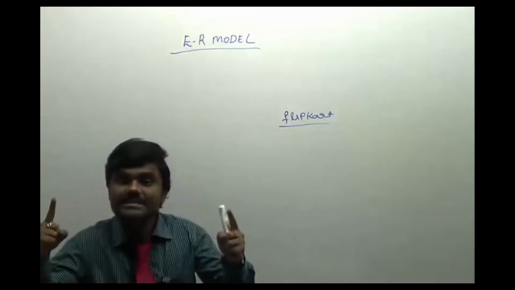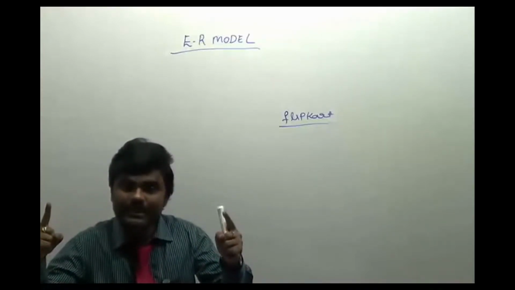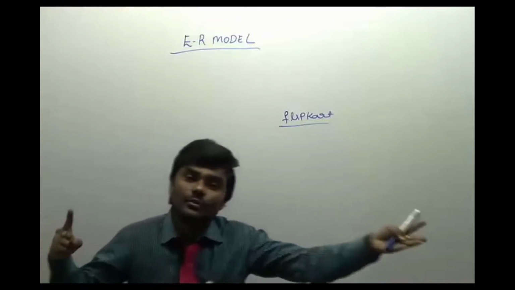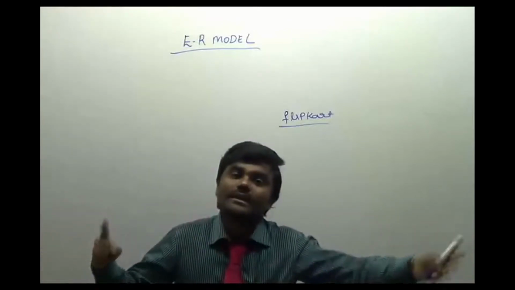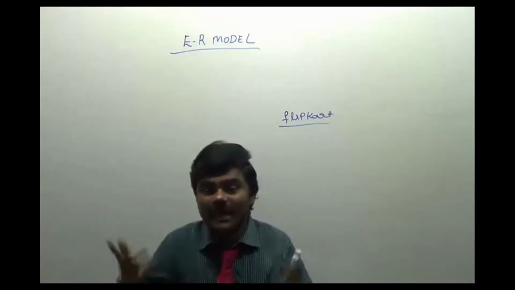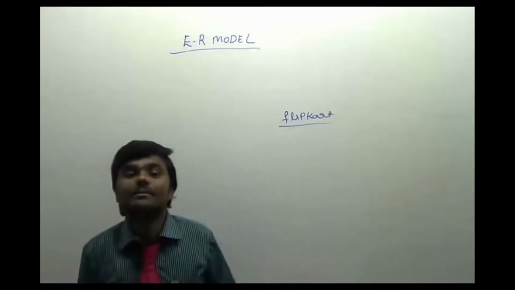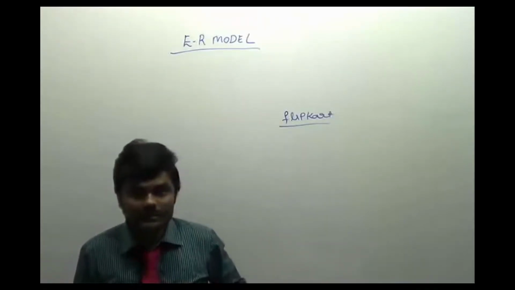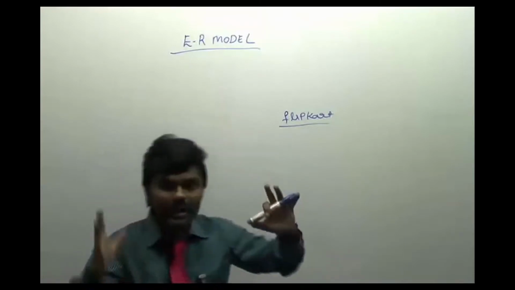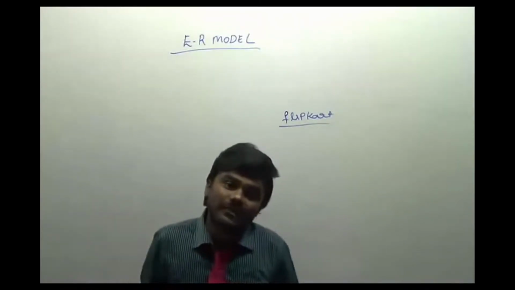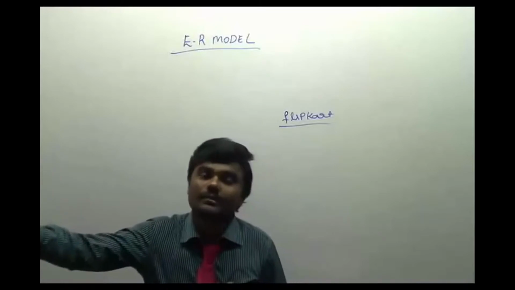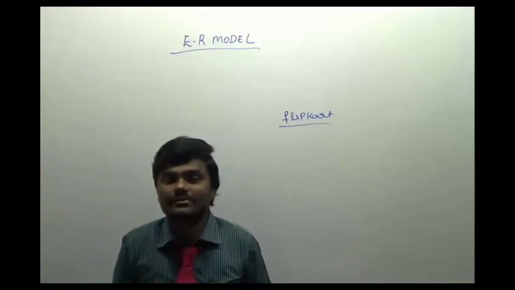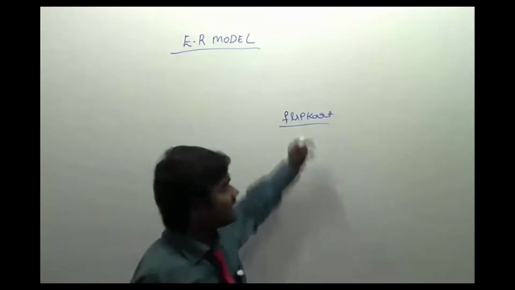After we decide which tables we have to create, then we can go to decomposing the bigger tables into smaller tables. First we have to decide what items will be there. So that is called the ER model. After the ER model, after we decide what tables will be there, then we can come to normalization, how to normalize the tables, all those things. So let us take an example.